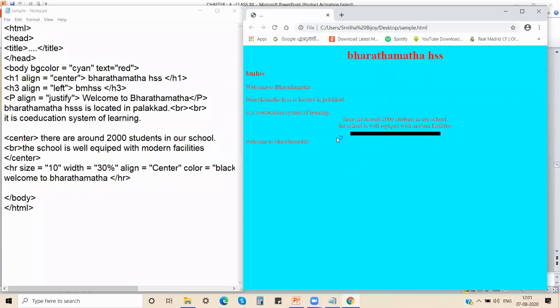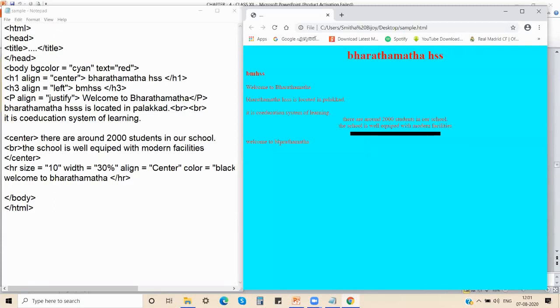Now a small problem has happened. Why is it? Welcome to Bharat Mada I gave, but where is the line placed? Can you see? It is placed above and the content is placed here.